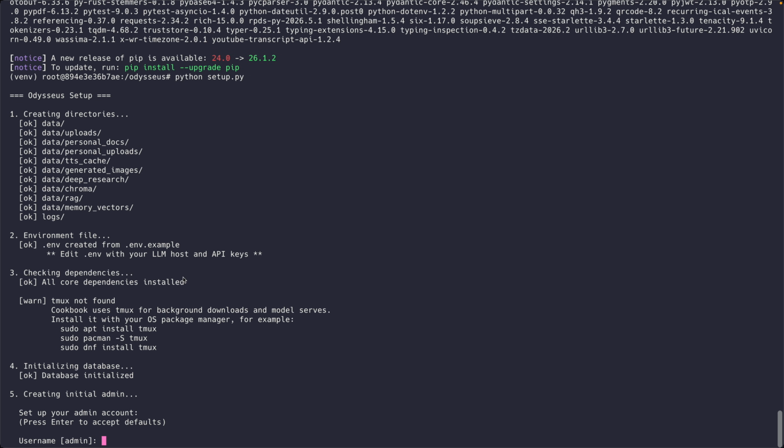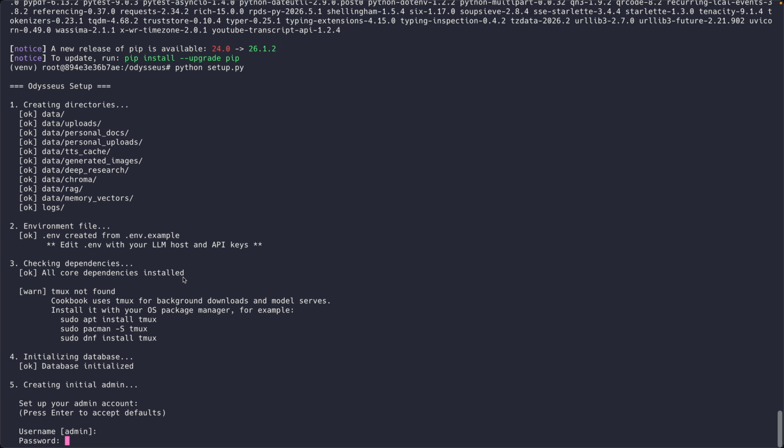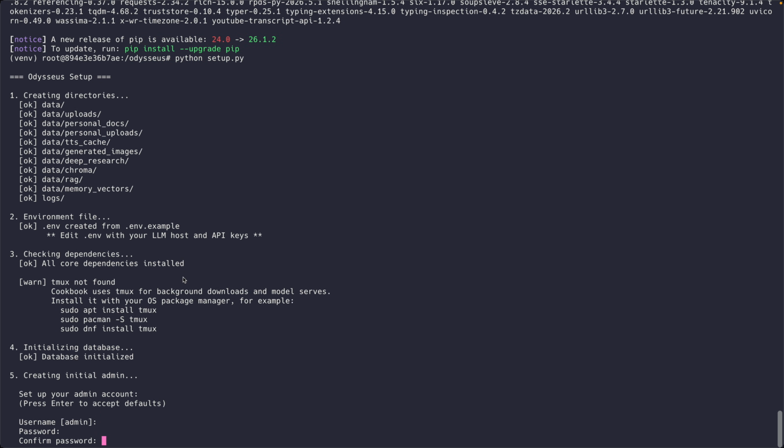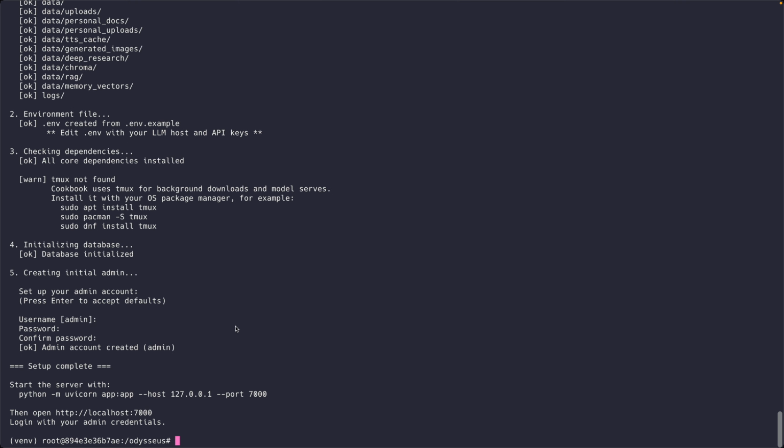So you can just create the username. I will use the default username, that is admin. Just hit enter, and the password, I just typed my password, hit enter, and your account is created. And now it is giving you this prompt that you have to run. If you run this prompt, then it will start this server and you can access your Odysseus from this